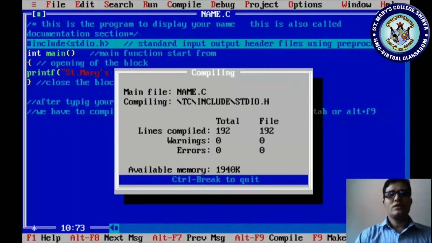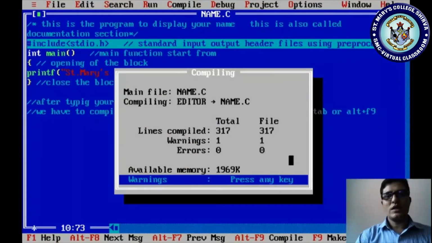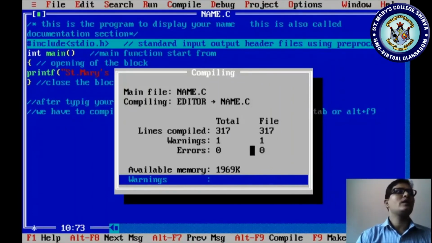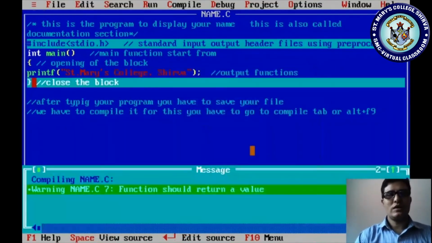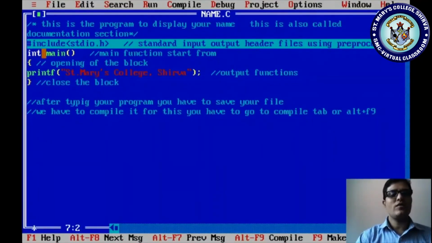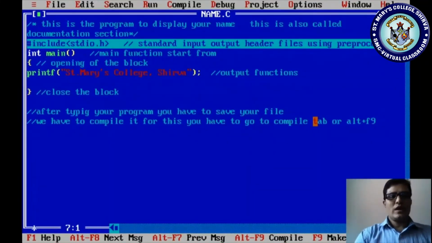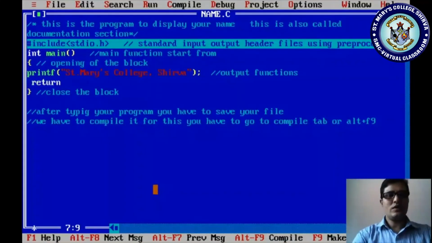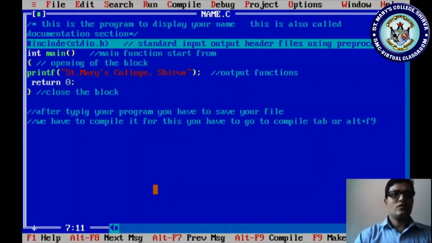Okay. So you are seeing here that this is compulsory. What is the main function? Actually, what is a function? A function is a self-contained subpart of a program to do a well-defined task. Okay. So actually, these functions are used to reduce the complexity of your programs. If you want to reduce the complexity of your programs, then you have to use functions.